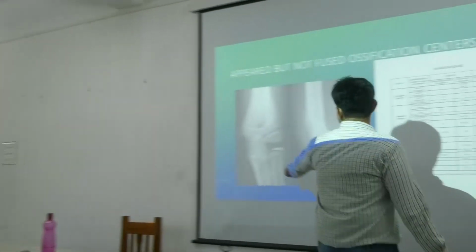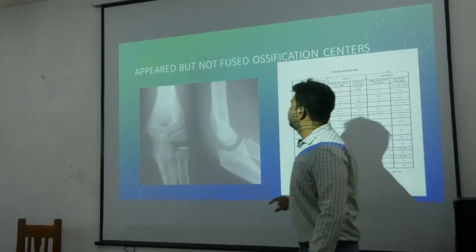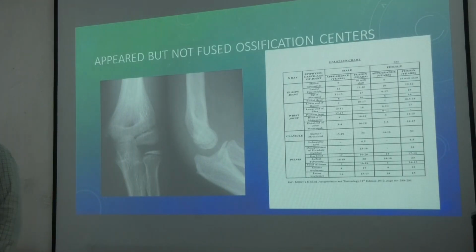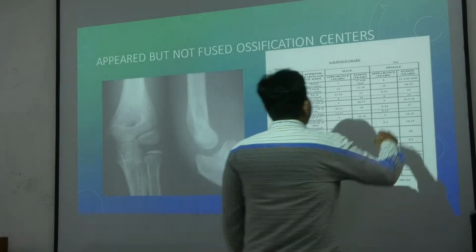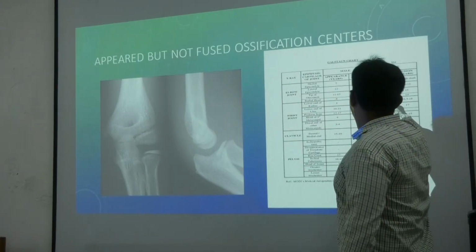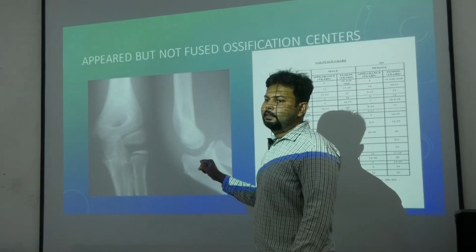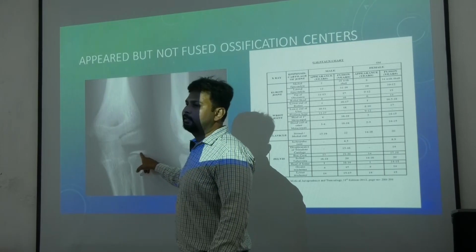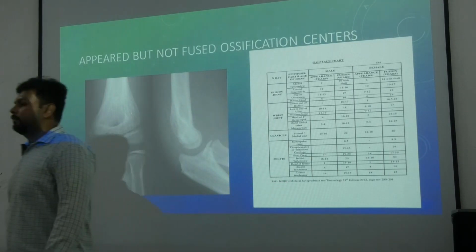এই তো 6 ইয়ার্সে রেডিয়াল হেড, আর 5 ইয়ার্সে কোনটা ছিল? 5 ইয়ার্সে কি অ্যাপিয়ার করে? মিডিয়াল এপিকন্ডাইল। 5 ইয়ার্সে মিডিয়াল এপিকন্ডাইল, আর রেডিয়াল হেড হচ্ছে 6 ইয়ার্সে, তো দুটোই অ্যাপিয়ার করে গেছে, তাই তো। এটা 5 ইয়ার্সে হয়েছে, এটা 6 ইয়ার্সে হয়েছে, তো অ্যাবভ 6 ইয়ার্স। ফিউজ একটা হয়নি।